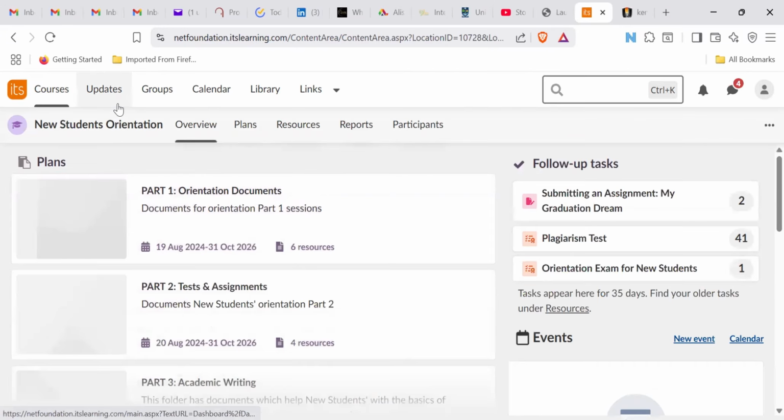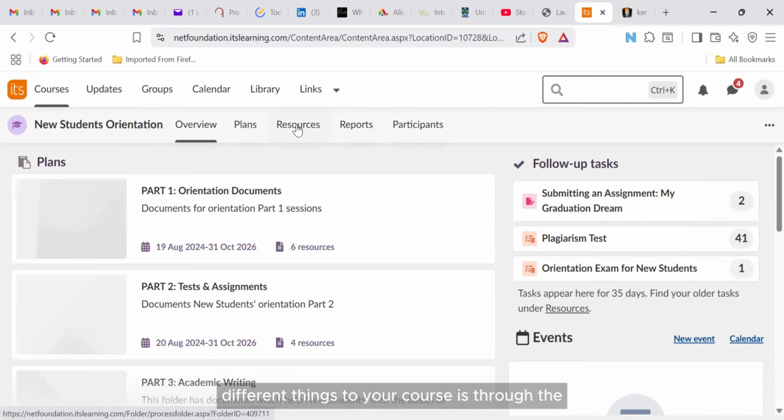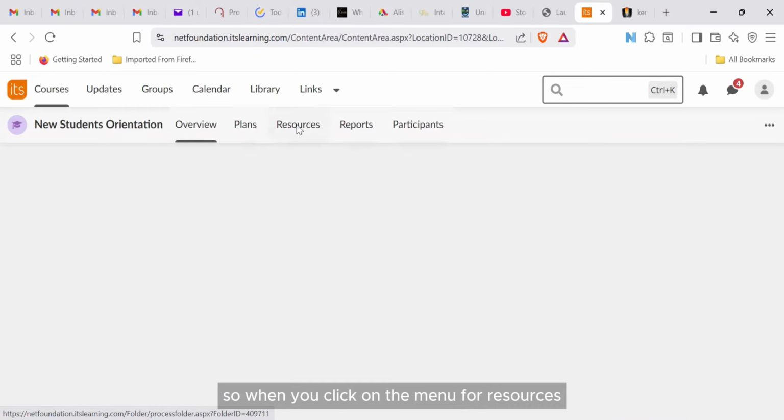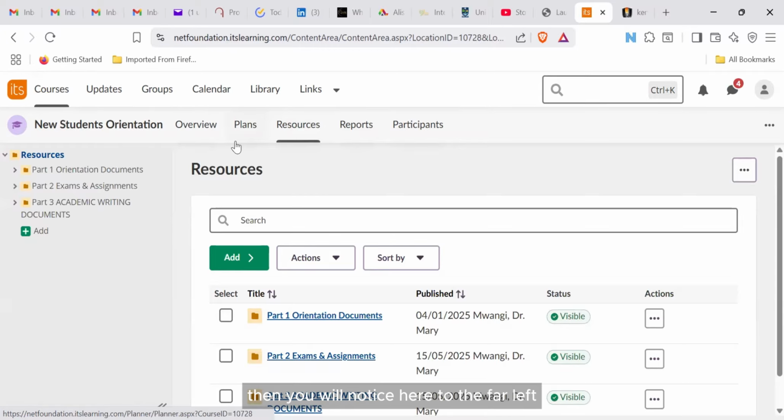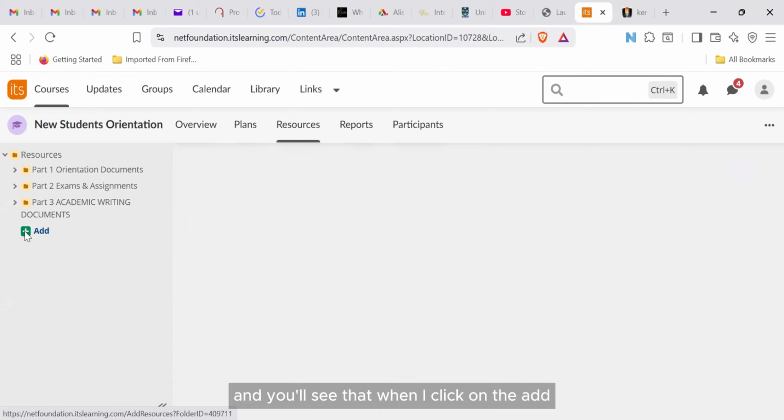and ideally, the best place to add different things to your course is through the Resources tab. So when you click on the menu for Resources, then you will notice here to the far left, you have options to add. This add button is what you look for to be able to add different things to the course. Now, what I'm going to do is I will click on that, and you'll see that when I click on the add